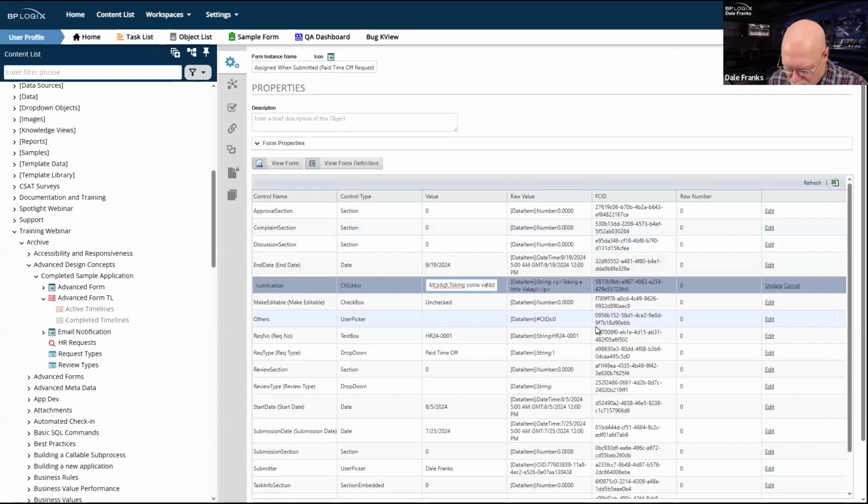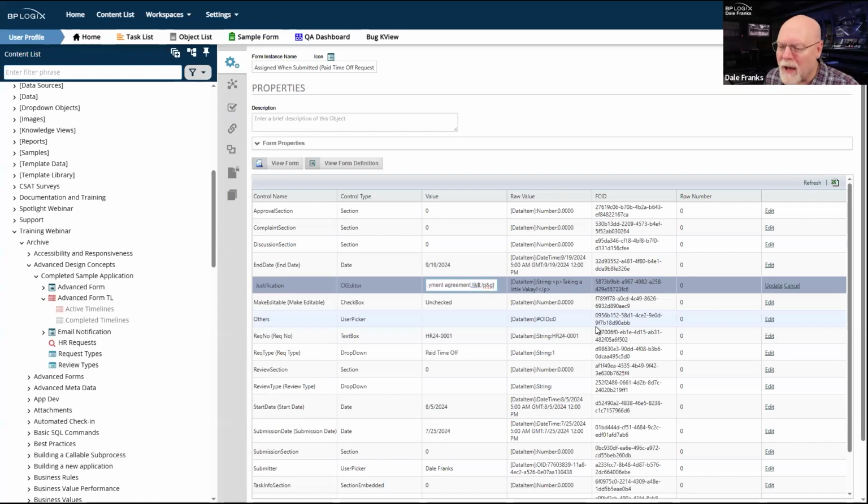Taking some vacation time, as I am authorized to do by my employment agreement. Yes, that's much better. It's more formal.